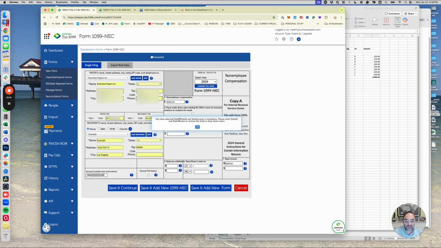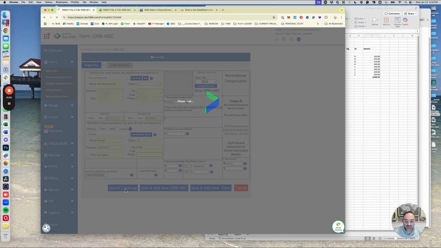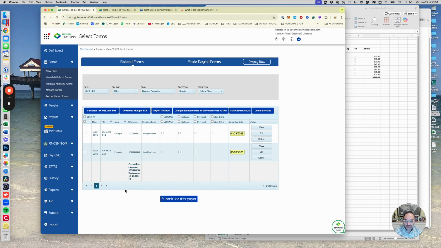Look at this. You have selected a state ID and state income is mandatory. Please enter the state ID. I recalled that what it did for the state ID automatically was just enter my tax ID with no dash. So I'm going to put that back in. We're going to hit save and continue. Okay, so now